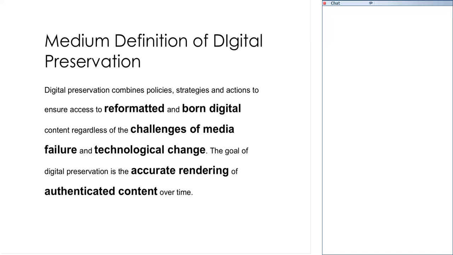And accurate rendering becomes important in digital preservation in a way that's distinctive from other library and archival environments, because often you're rendering content to be interpreted by a computer before it ever reaches a person. So we need to pass accurate data to a piece of software that will then manipulate that data to display it for a